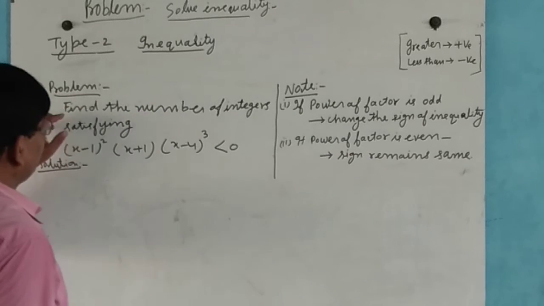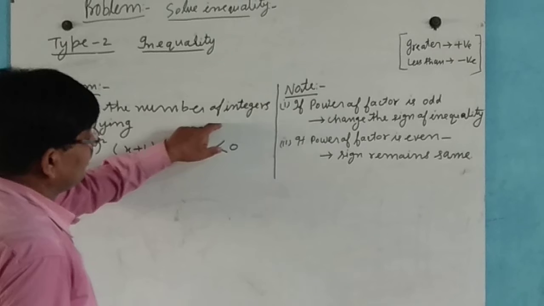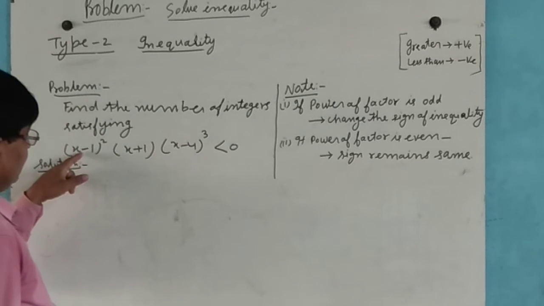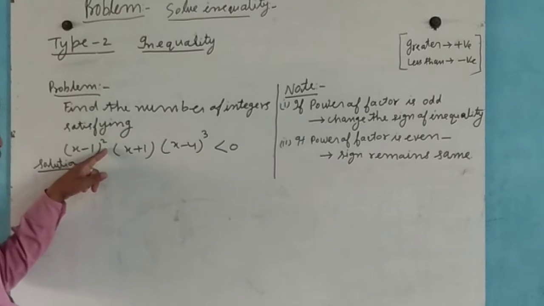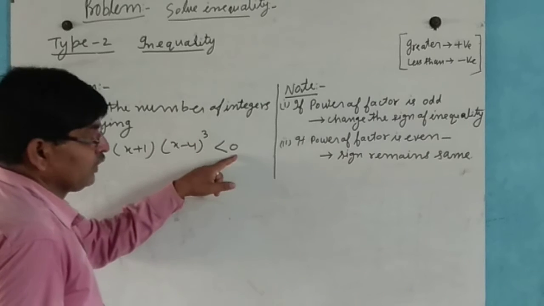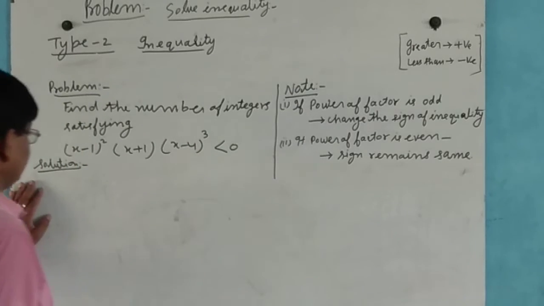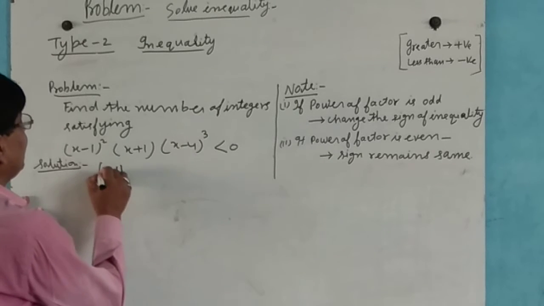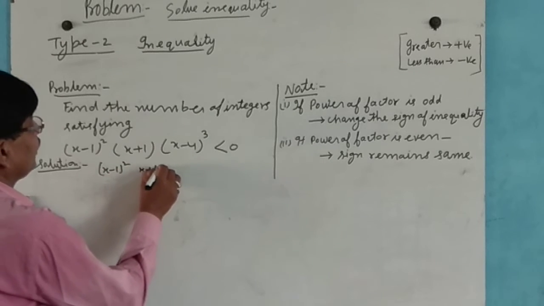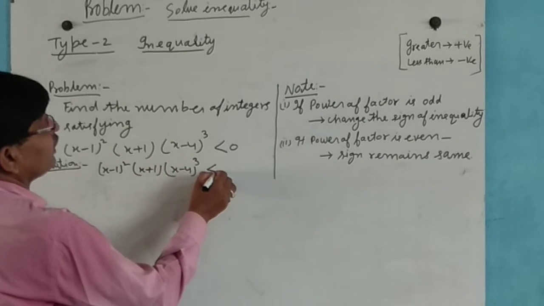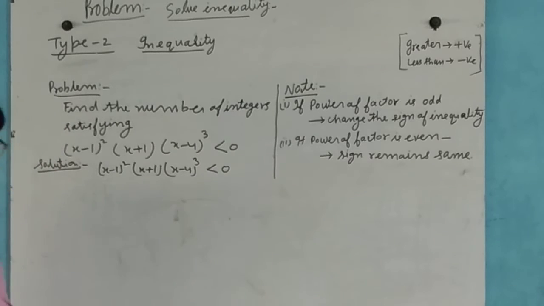Another problem: find the number of integers satisfying the inequality (x minus 1) to the power 2, (x plus 1), (x minus 4) to the power 3 less than 0. Now we solve this. In this case, now